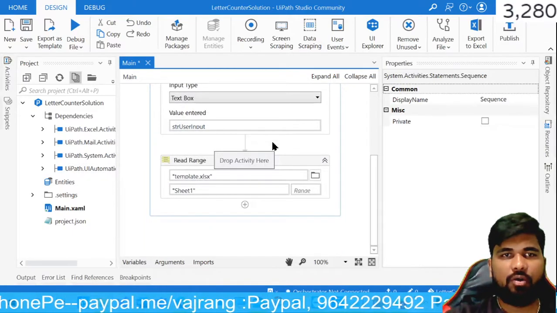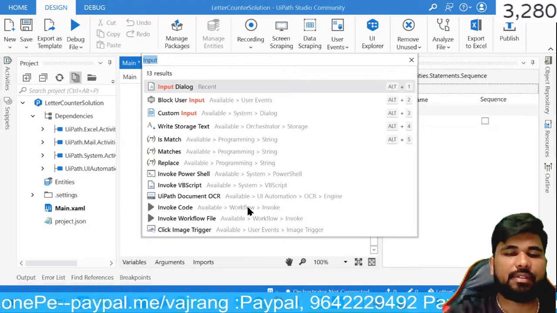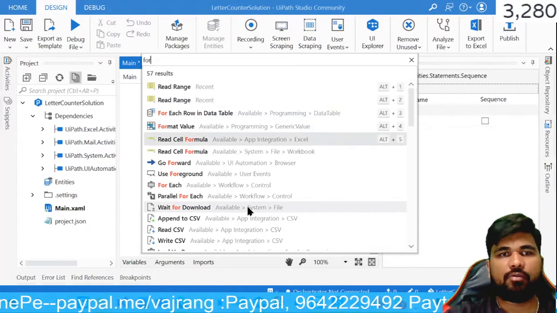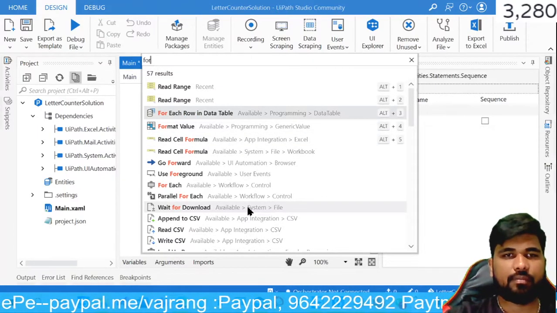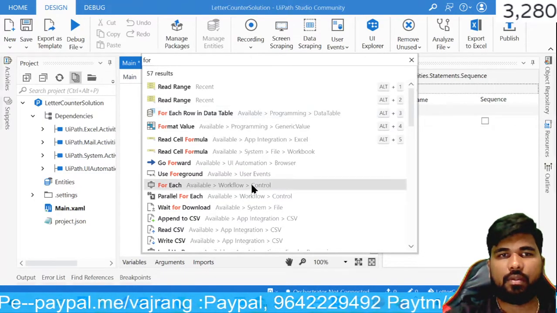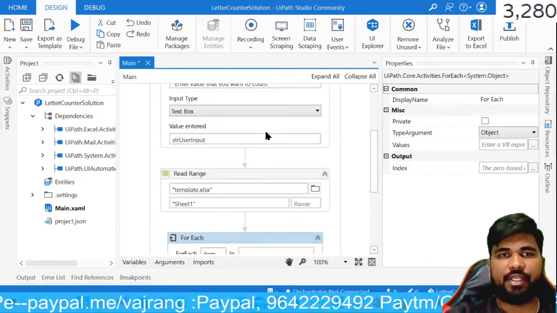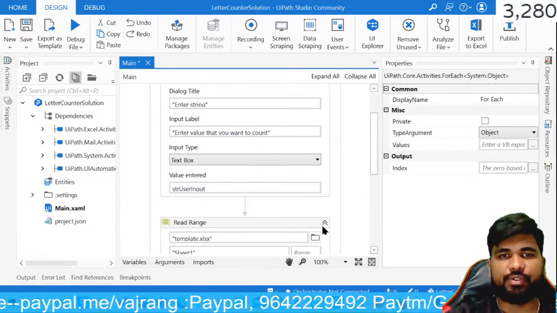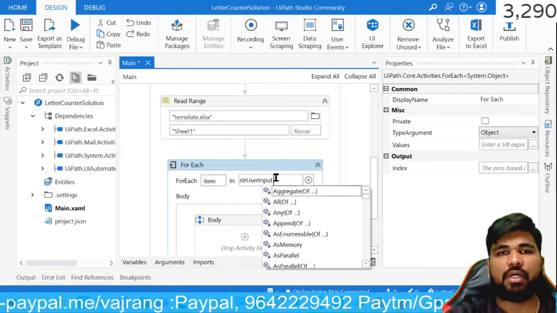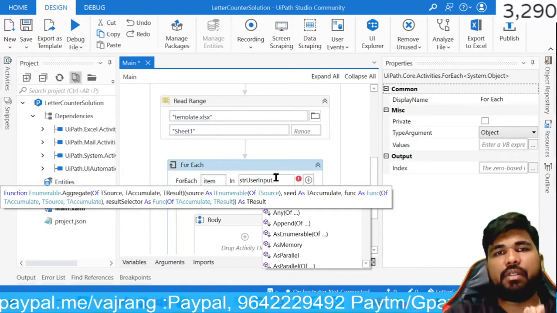Here one of the things that we can do is check using a for each loop, and in this for each let's take the values of str user input. We need to convert or divide it into letters.